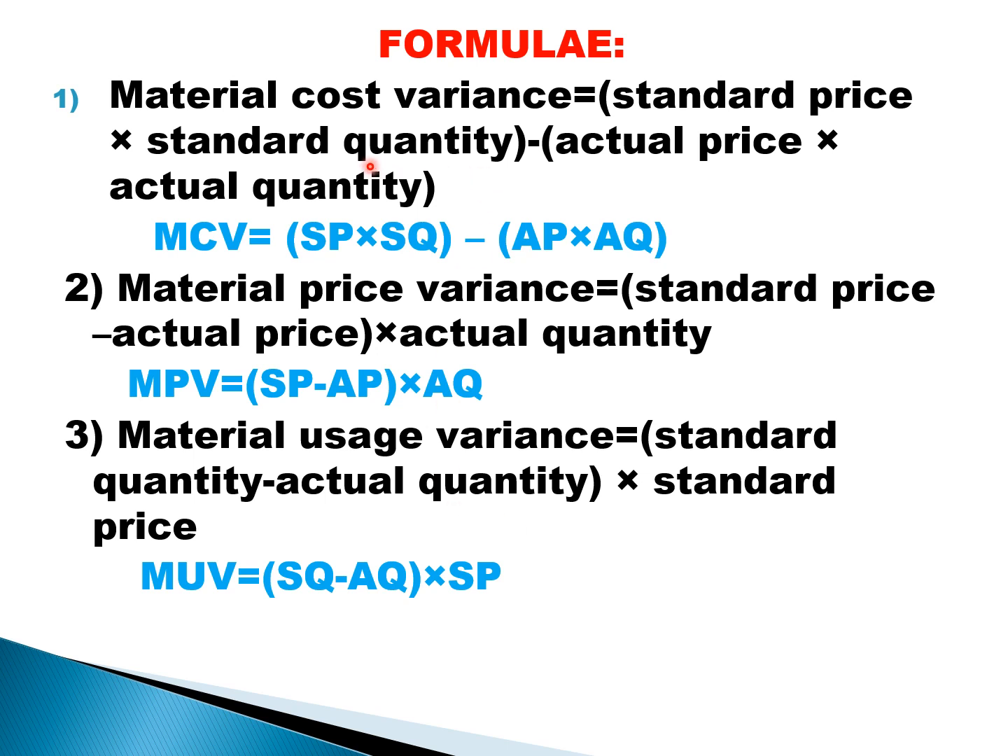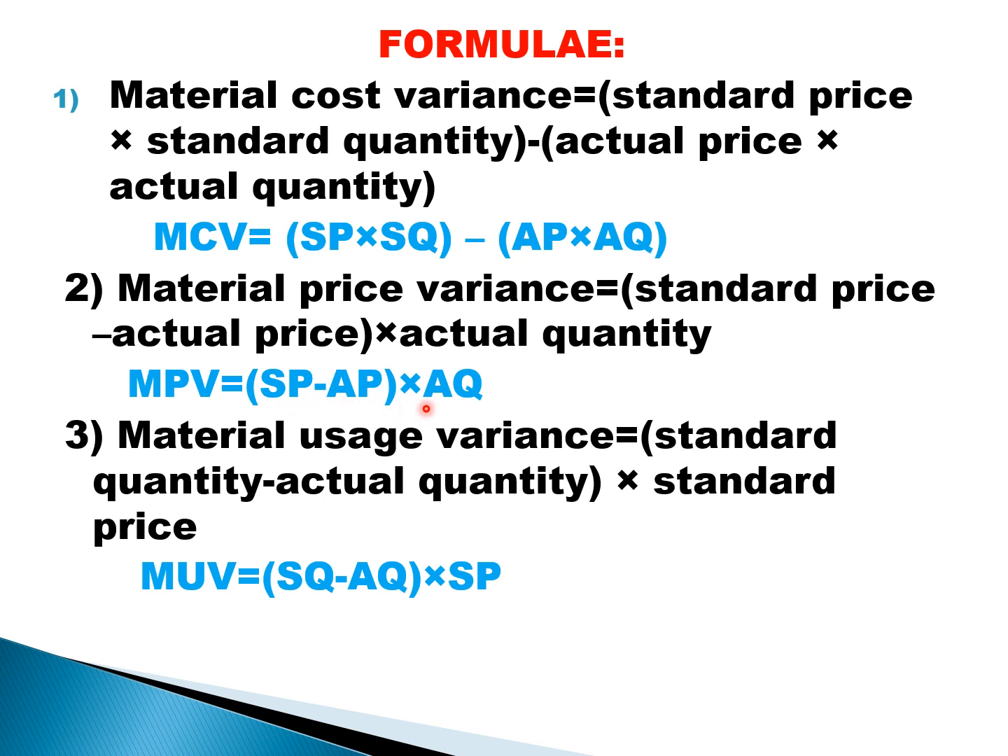So what's the formula to find out MCV? It's called material cost variance. SP into SQ minus AP into AQ. Standard price into standard quantity minus actual price into actual quantity. This is the formula to find out MCV. Next, the formula for MPV, material price variance. Standard price minus actual price into actual quantity. The formula is SP minus AP